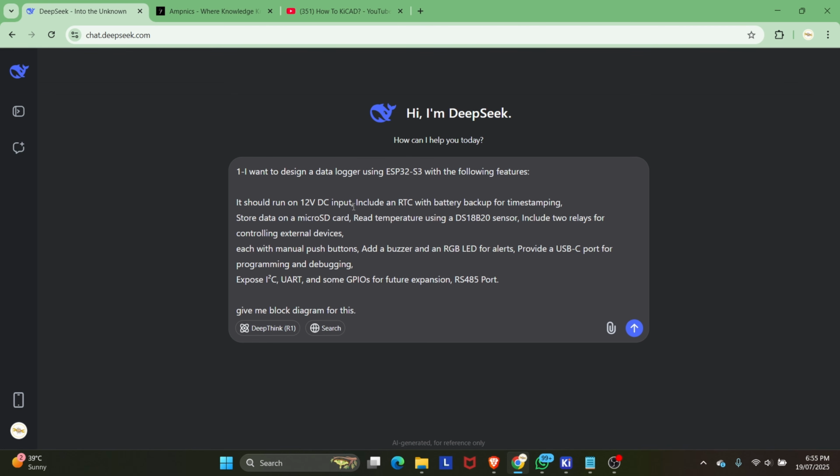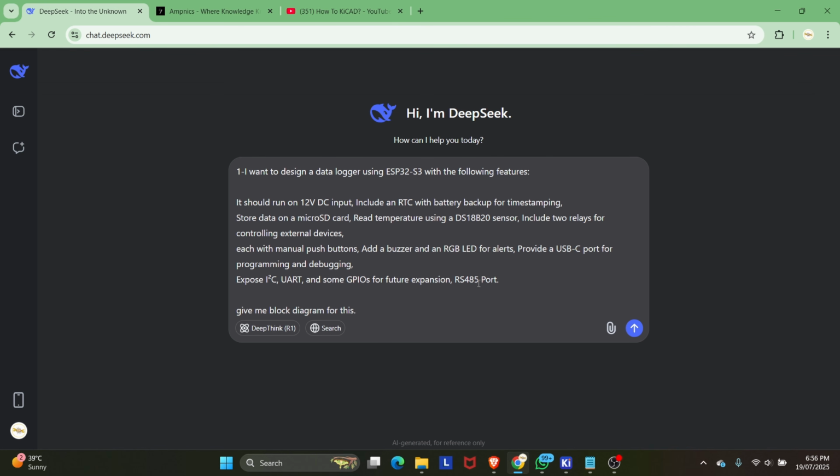All right, so we will provide 12 volt DC input, and we need an RTC with battery backup for timestamping, stored data in a micro SD card, read temperature using a DS18B20 sensor, include two relays for controlling external devices, each with a manual push button, adding a buzzer and an RGB LED for alerts, provide a USB-C port for programming and debugging, expose I2C, UART, and some GPIOs for future expansion,